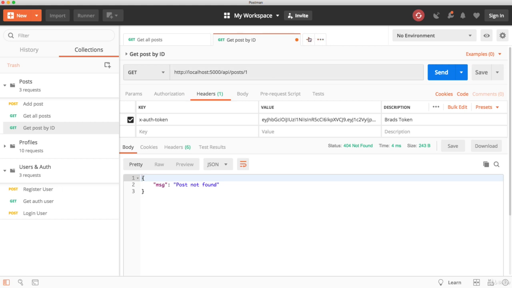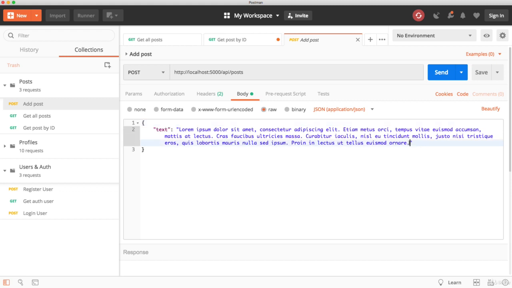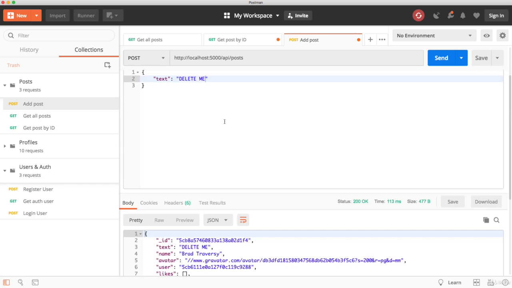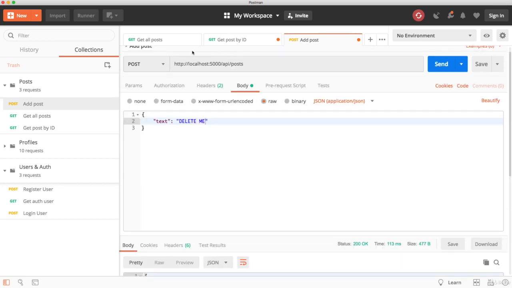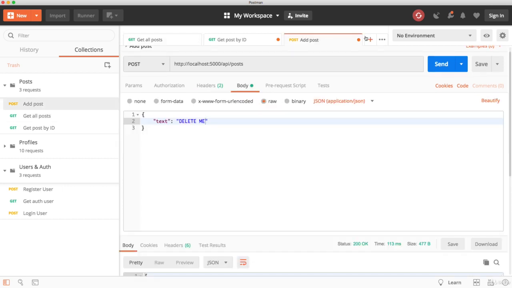Let's open up a new tab here. Actually, you know what I'll do is let's add a dummy post just to delete. So I'll go to add post, go to the body here, and we'll say delete me. And you can see that that gets added. If we search all of our posts, we should see that right there. So what we want to do is grab this ID, and in our new tab,